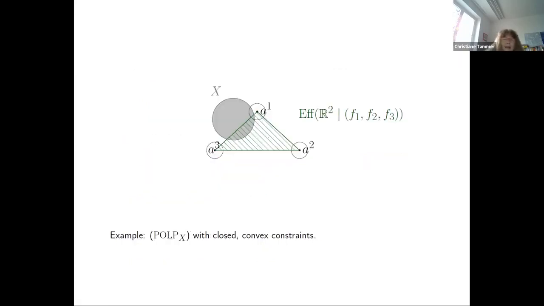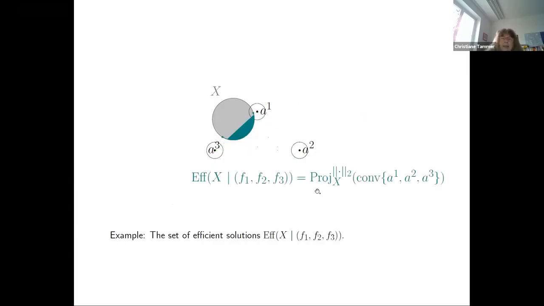So, coming back to the approach by Michelot and Nguyen, you can see here the problem. The feasible set is X. The set of Pareto efficient elements of the unconstrained problem is the convex hull of the existing facilities. And using the projection property in this paper, you can see here the whole solution set in green color of the location problem, where the Euclidean norm is involved with a convex feasible set. So this is a known result from the literature, and we will